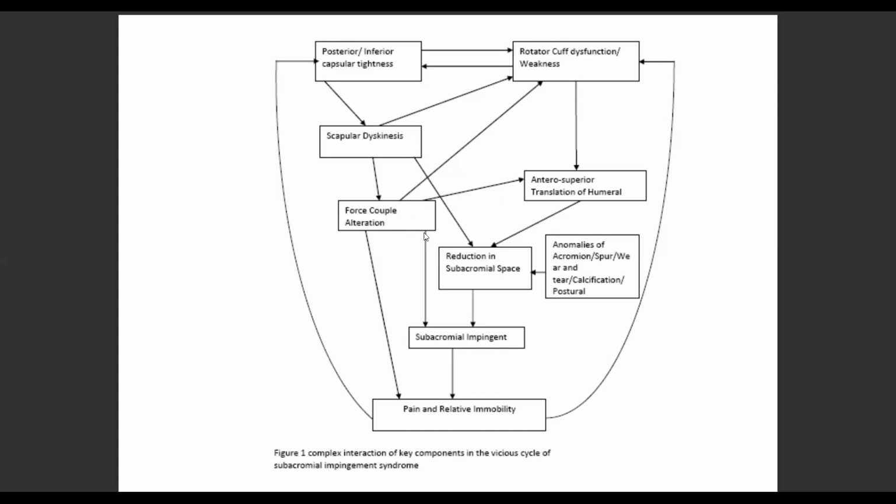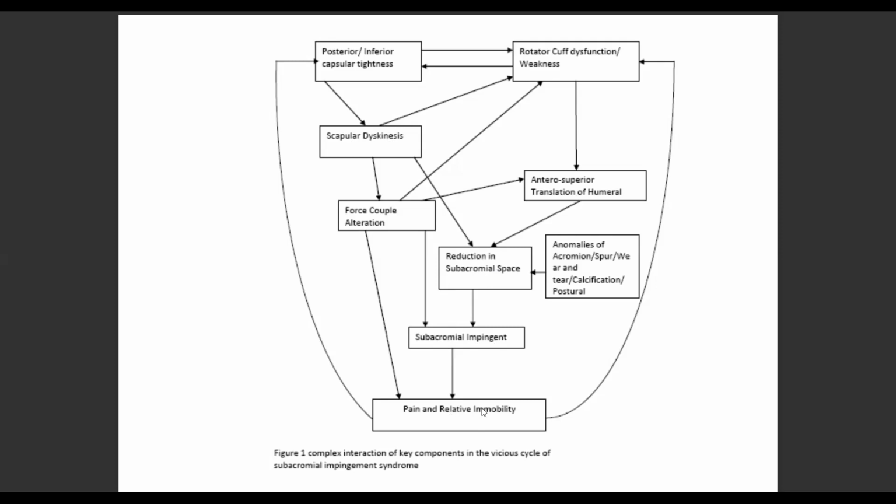Similarly, it will also lead to subacromial impingement directly, or it may be the source of pain, or the limitation in mobility. If there is anterior superior humeral translation, that will lead to a reduction in the subacromial space, and that reduction in the subacromial space is also because of the abnormal compensatory movement of the scapula. This reduction in the subacromial space is called subacromial impingement syndrome, which will cause pain and relative